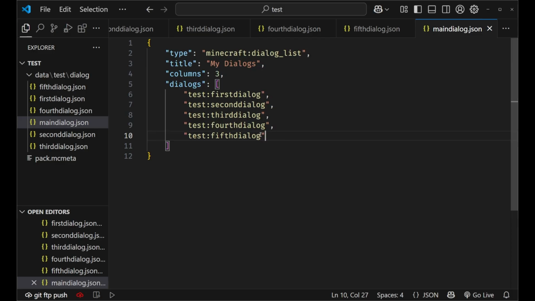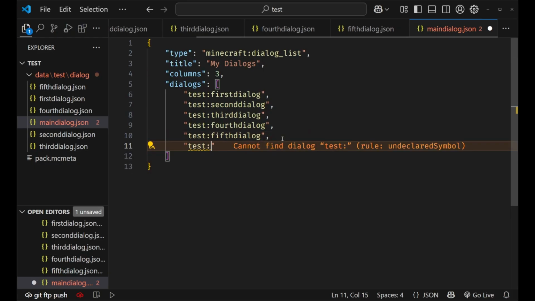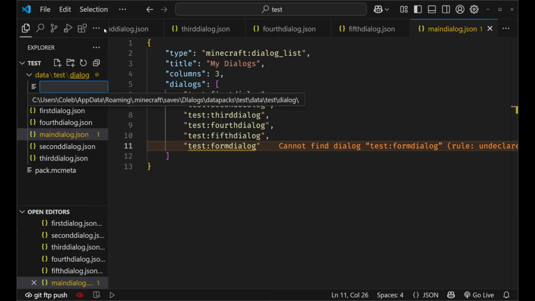And to do this, we're going to go ahead. I've already set this to columns 3 just so we can see all our buttons. And I'm going to go ahead and define a new one, test form dialog. Okay, and we haven't defined this. See, it says we can't find it, but that's okay because we're about to define it. Let's create a new file called form